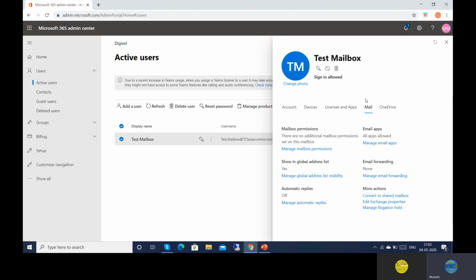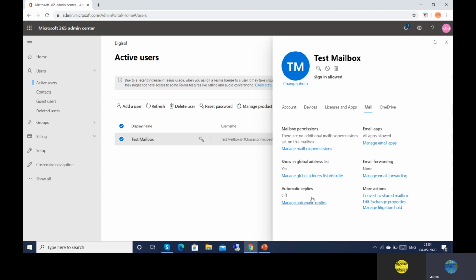And mail, we have different tabs like mailbox permission. We can set the mailbox permission on this mailbox, right? And global address, show in global address, yes. If you click yes, then you are able to search this mailbox in your Outlook. If you click no, then it will not show you.